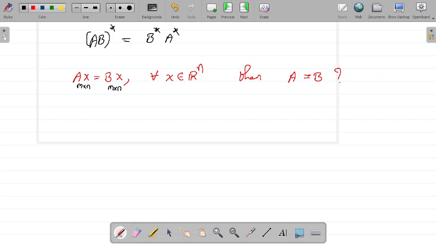So what I will get is 1 into the first column of A itself, plus 0 into the second column of A plus, and so on, 0 into the last column. How many columns are there? There are n columns, so let me write it as nth column. So now you'll end up with only the first column of A.